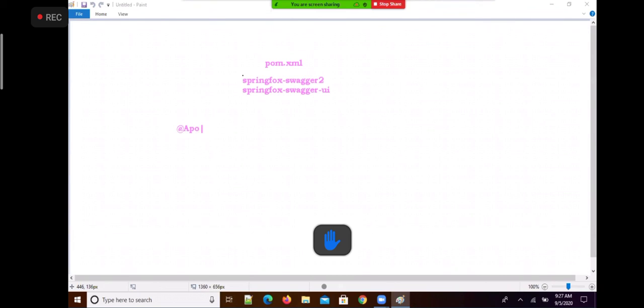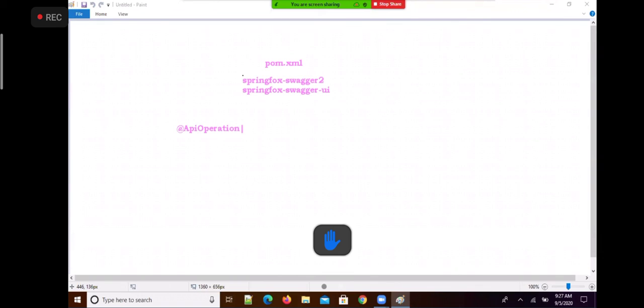This is an annotation which we write at method level.